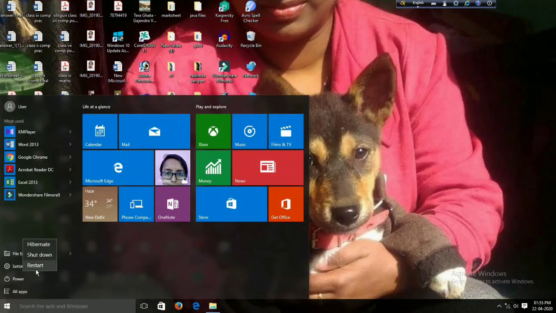And there are different power modes. Shutdown is used to shut down your computer, restart to restart your computer again, and there are two more modes, hibernate and sleep mode. When you put a computer on hibernate mode, whatever work you are doing, keeping all your files safe, you can work again from that point. And when you keep your computer in the sleep mode, it will come to full power operation, and it will start working again. But hibernate mode is more useful than the sleep mode. It will consume less power in the hibernate mode than in the sleep mode.